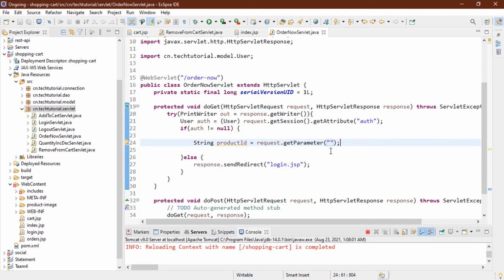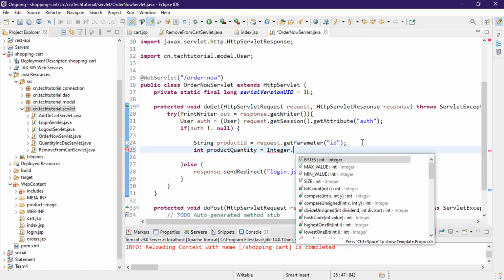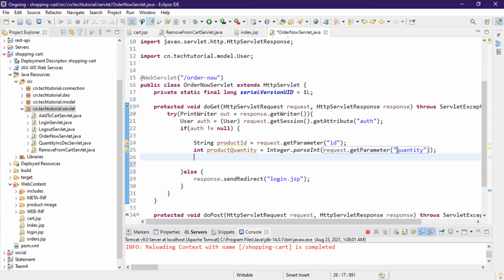So pass the name here, and we also need the quantity, an integer, I can say int productQuantity. Then we need to parse it: Integer.parseInt, then request.getParameter, where the name is quantity. Now it's confirmed that we are getting the product ID and we are also getting the product quantity value from our form.